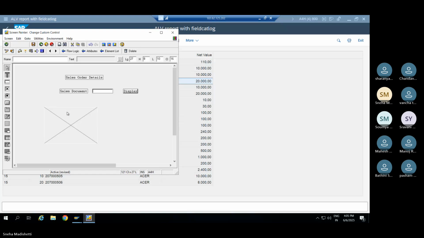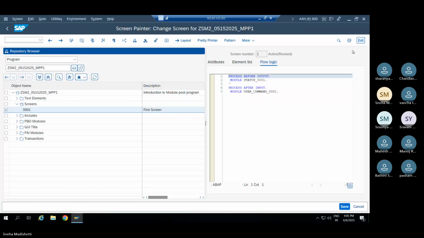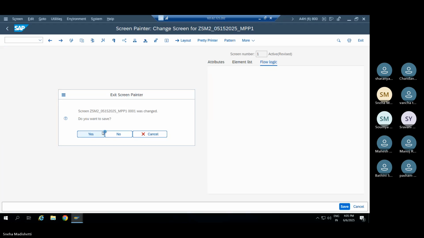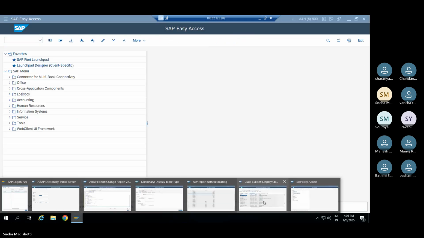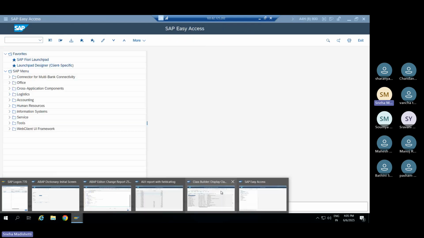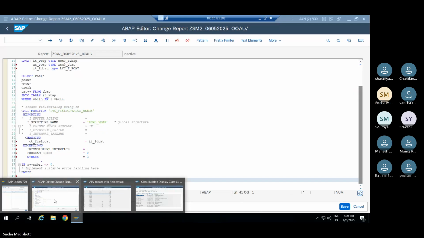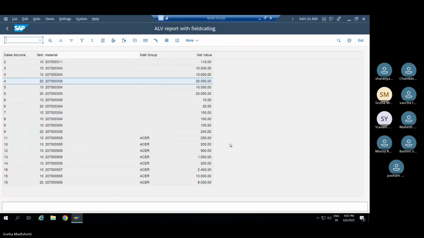So we delete this. Close this one. We close what is necessary. This is also not required now. So now we need to create a container, and after that we have to create a grid, right? To create a container, we can use SE51 transaction code, but that one we need to use